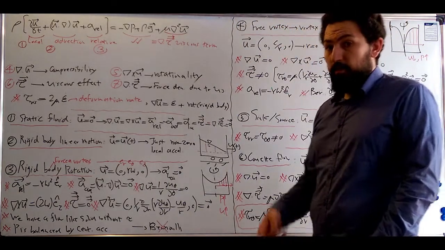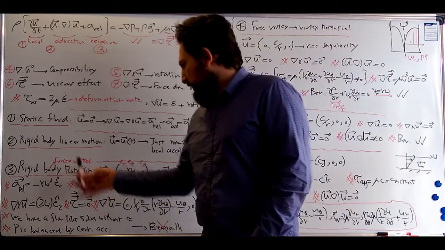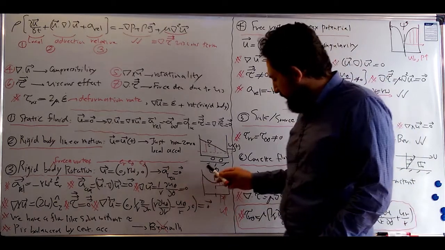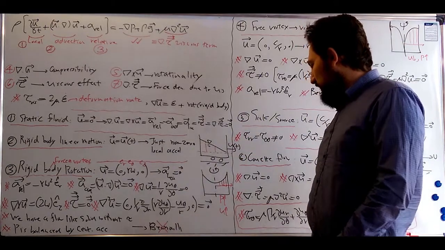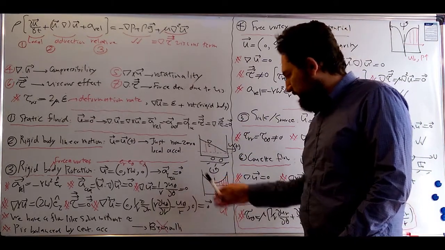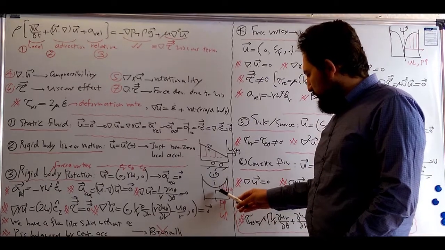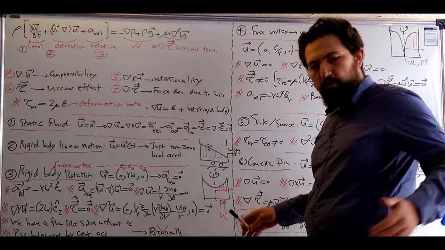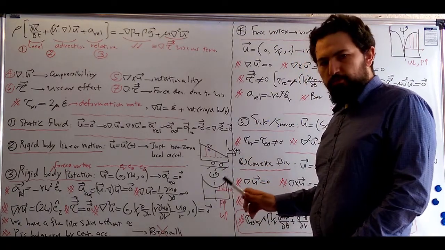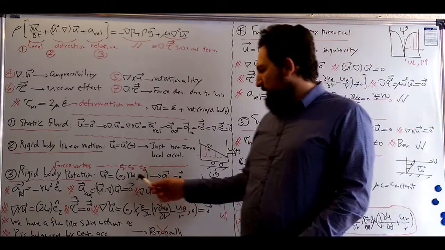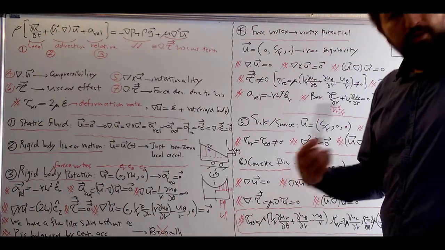Okay, let's find out what the reason is. The rigid body rotation or the forced vortex, as you know, something like this. We have a glass of water which rotates, and the free surface deforms like this. And as you see, by increasing the radial coordinate in outward direction, the depth of water increases, so the pressure of the fluid increases, and also based on the well-known relation R omega, which shows the velocity of the fluid